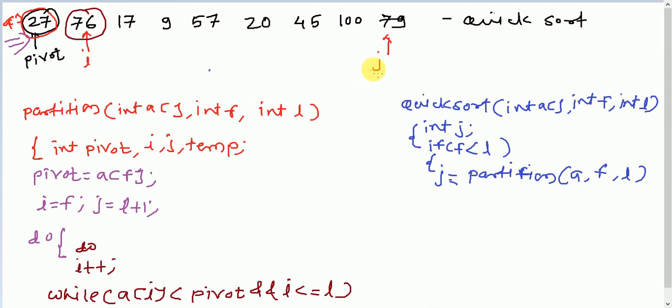Now what about the j? So what are we supposed to do here? We have to do j minus minus, till the time I have to decrement j, while my pivot is smaller than A of j.